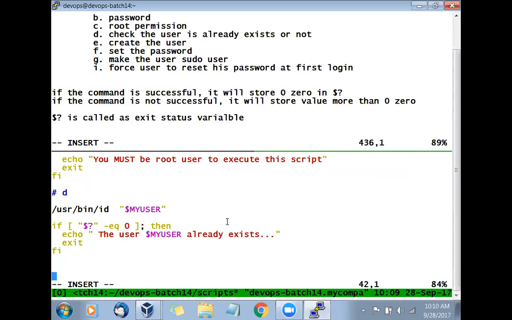We are trying to capture the exit status, and we are saying if it is equal to 0, that means the user is there. Don't add that user. So exit immediately. Come out of the script immediately.